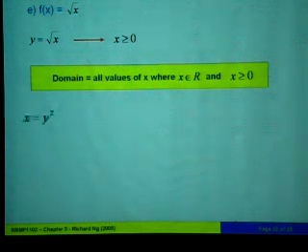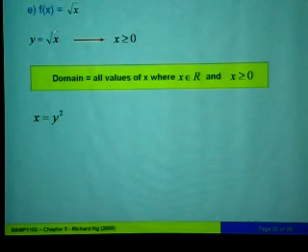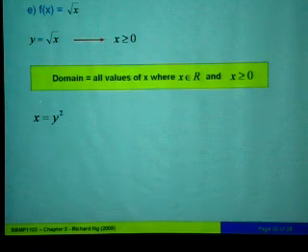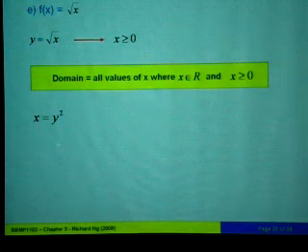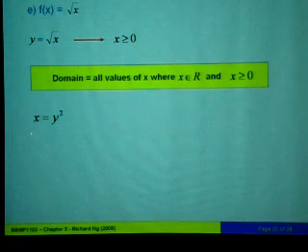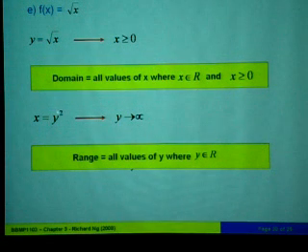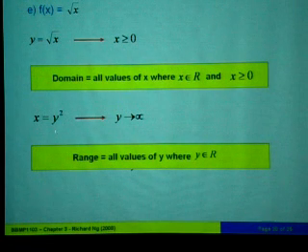Okay? Next, in order to find the range, we have to first move the square root to the left. So we will have y squared equals x, or we can write x equals y squared. Remember, you want to find range, the x must be on the left side, the y must be on the right side. Okay? So from here, since this is a square, if y is equal to any real number, when you square it,